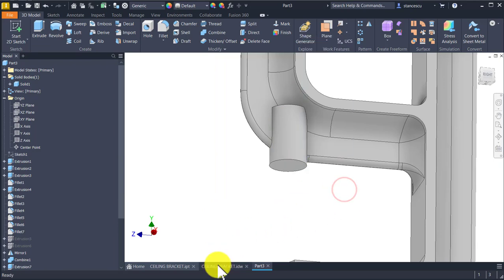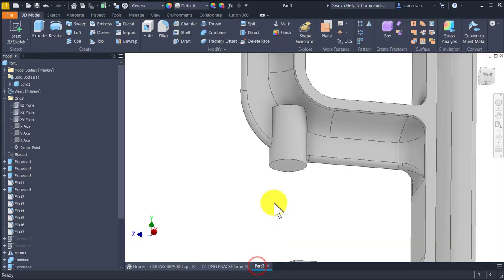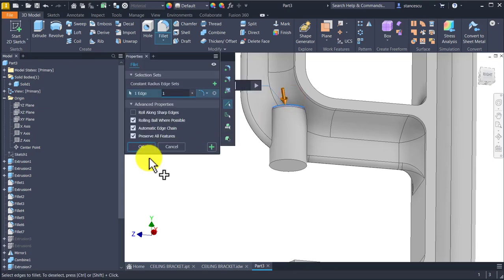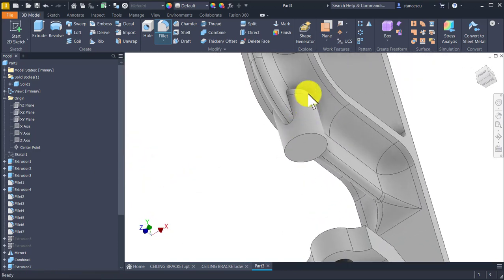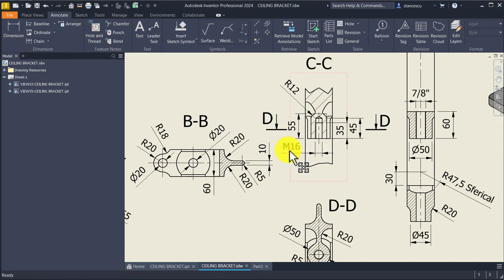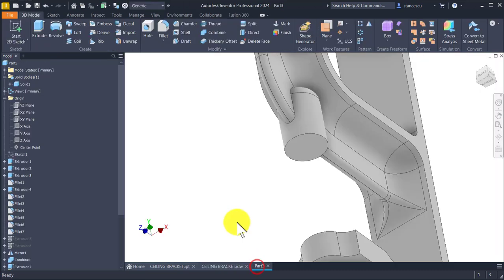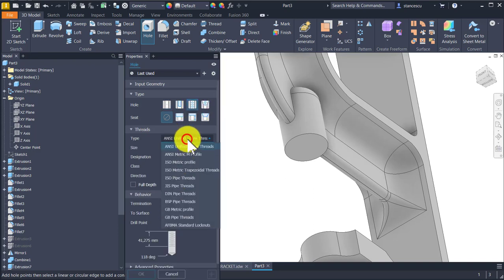Okay, with visibility, and we see here a radius of 12, so that we apply a radius of 12 here. 12 on this face and to the other. Okay, here is a thread. What thread? Metric 16, depth 35, 45. Let's apply this hole. Thread, ISO 16,